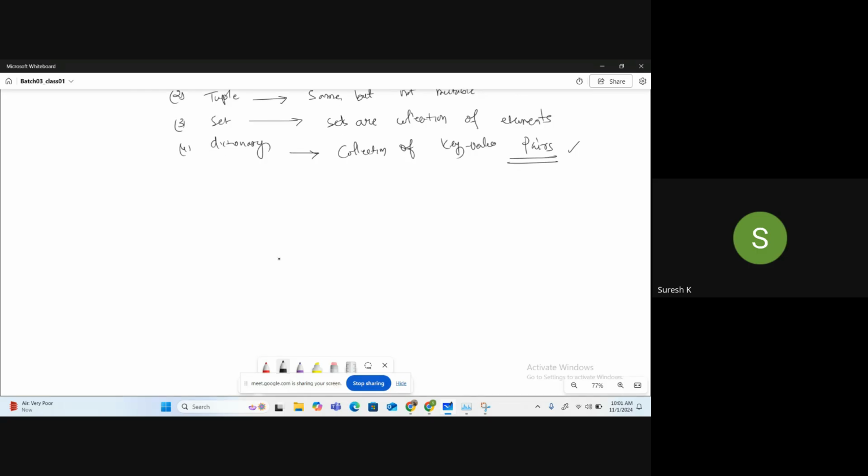Then, as I said, Vivek, primitive and the data type. Mutable. What do you mean by mutable? Mutable means what?